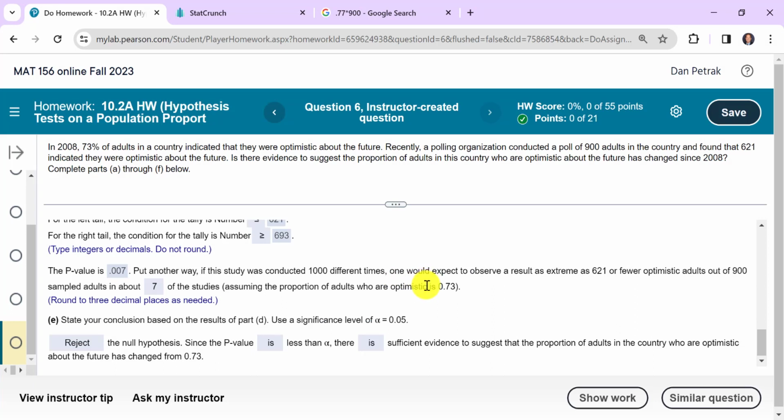Hopefully that simulation helps. The best way to do these is to figure out the count out of how many, and then you let StatCrunch run the simulation and it counts how many are either above or below. If it's a one-tailed test, this is going to be above or below. If it's two-tailed like this one, you have to check both ways and make it symmetric both ways. So it's the same percentage above and the same percentage below. So that's a little tricky.